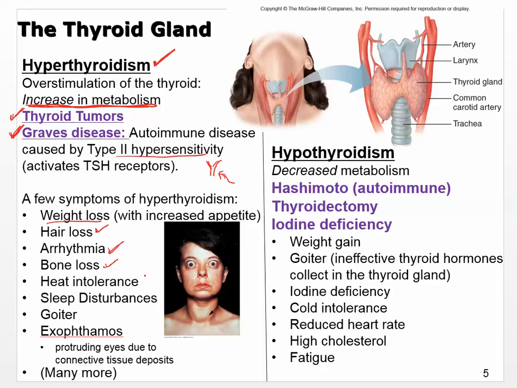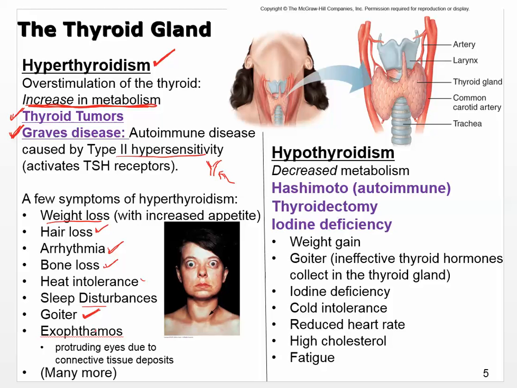And if you think about what's happening when you're cold, one of the things that will occur is thyroid hormone may be increased, and that will then cause you to shiver. It increases metabolism, and metabolism will generate heat. So if you're already producing too much, any kind of extra heat is just going to be magnified. So you have heat intolerance. Sleep disturbances can occur, and like we already mentioned, goiter. In this case, it's because you're overactivating it, and it's simply making too much thyroid hormone, and so that's going to cause growth of the thyroid gland.